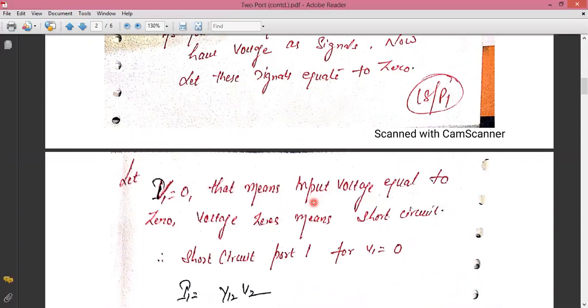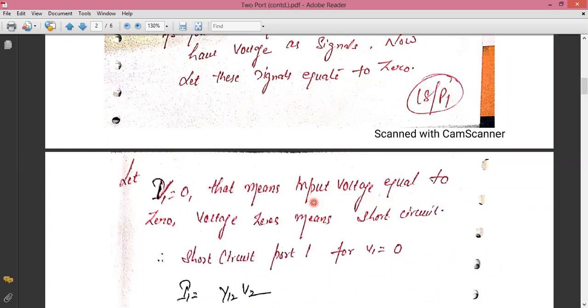So if you remember, in case of Z parameter, we have to equate current is equal to 0. That is, we have to equate I1 is equal to 0 and I2 is equal to 0. So for that case, you have to open the port 1 as well as open the port 2. But in case of Y parameter, V1 equal to 0 and V2 is equal to 0, and voltage is equal to 0 only and only when it becomes a short circuit. So when V1 equal to 0, we have to short circuit the port 1, and when V2 is equal to 0, we have to short circuit the port 2.